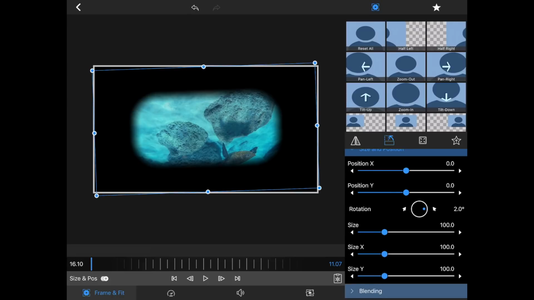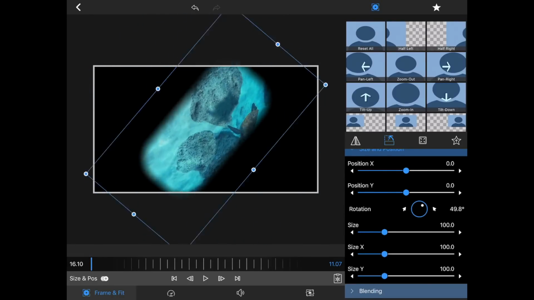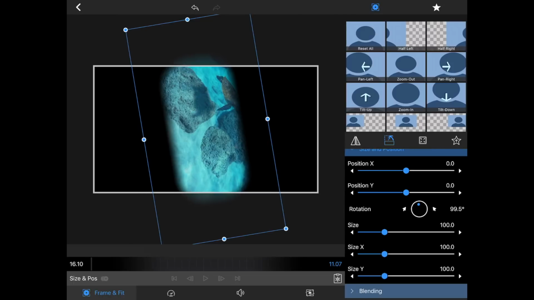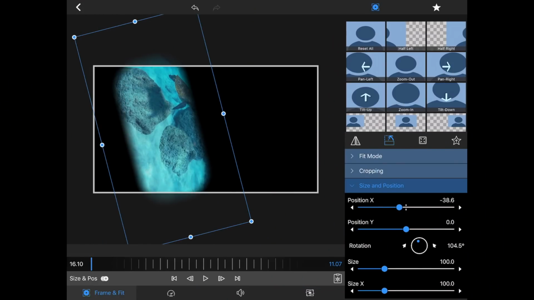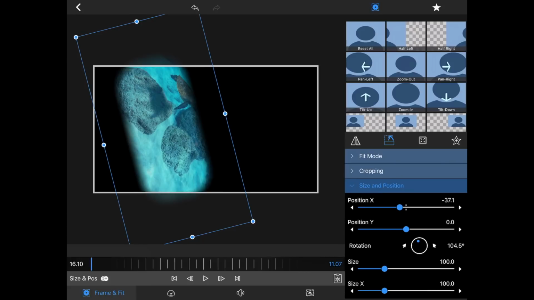One thing that I really appreciate that's in this release is the nudge function. When you're doing rotation, you can now nudge a half degree at a time. I would always rotate stuff and find myself just off by a little bit. So now, as you can see, you can add a half degree of rotation. You can still take the wheel and start spinning it around, but if you want to really dial in, you can do that one way or the other with that nudge function. Those are also available for your X and Y positions. As you can see here, you can just tap, tap, tap, tap, tap,